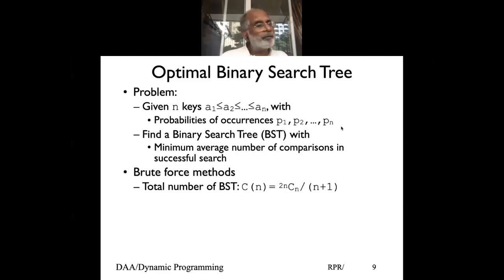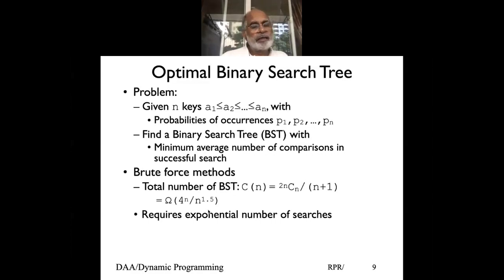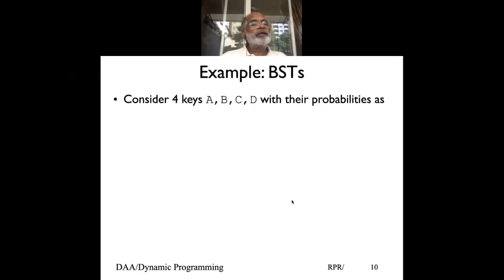So one way is you evaluate for every tree, but that becomes exponential, which does not work because this Catalan number is given as 4 to the power n divided by n raised to 3 by 2, which is basically exponential, and that means that is not going to be workable. So how do we organize? That means we need a reduction in the number of search approaches, and that is what we'll make use of dynamic programming to figure out how do we handle these things.